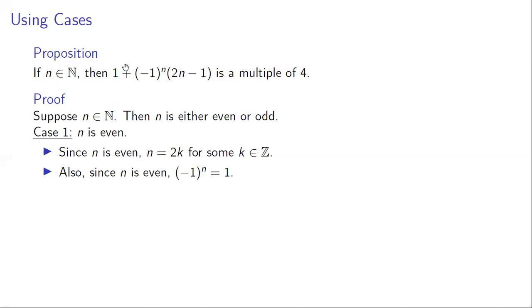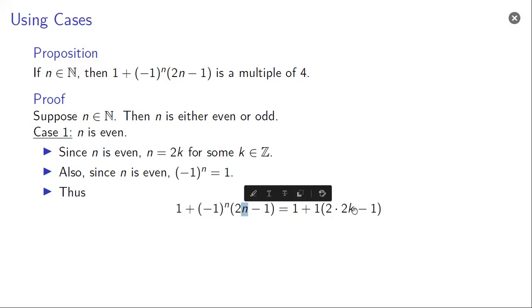All right, so now let's try to figure out what this turns out to be, again where n is even. Thus, 1 plus (-1)^n times (2n minus 1), let's rewrite this as 1 plus 1 times, since (-1)^n turns into a 1, and then the n turns into 2k, so we have 2 times 2k minus 1. That simplifies to 1 plus 4k minus 1,